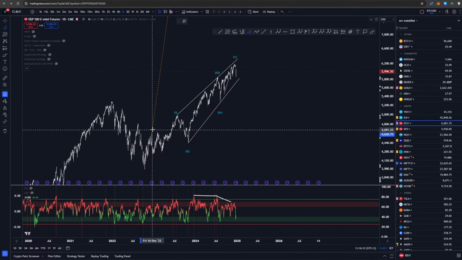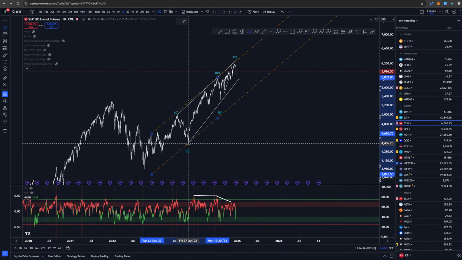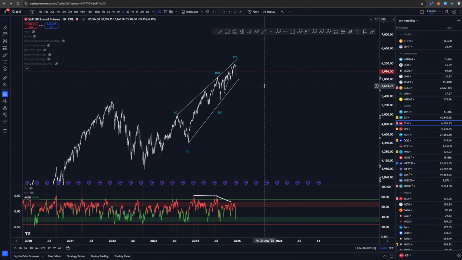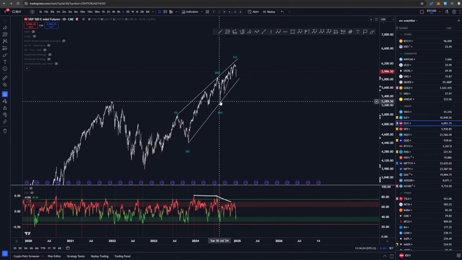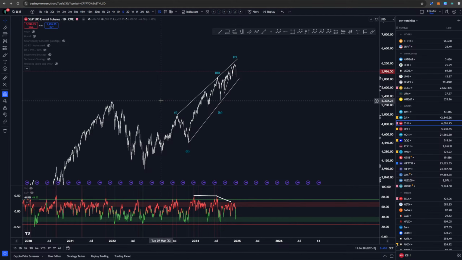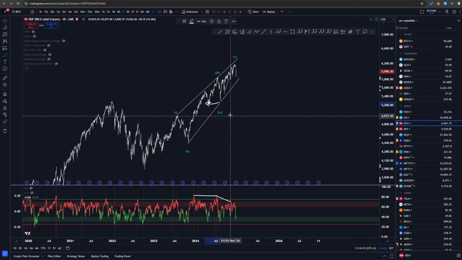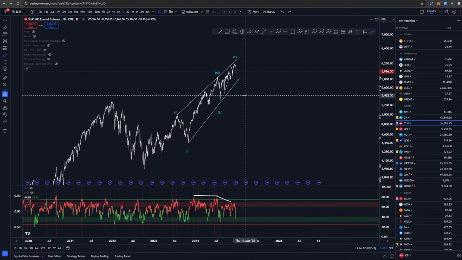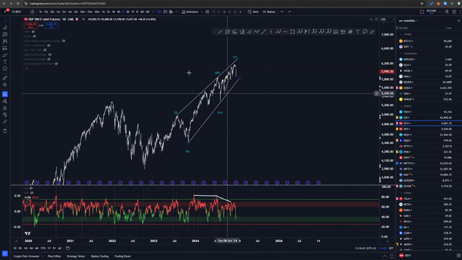We can even pull just this basic channel, not fibs, but just channels here, and we can see that we are going up in a channel. We chop back down, we find support in some kind of previous area of interest here. We got back into previous lows, and here we got back into previous tops, and you get the point. That happens all the time.